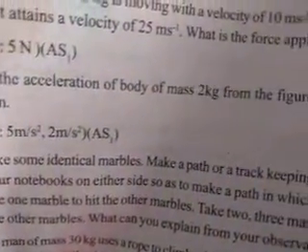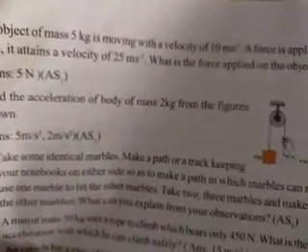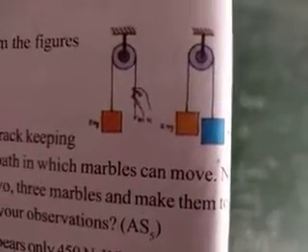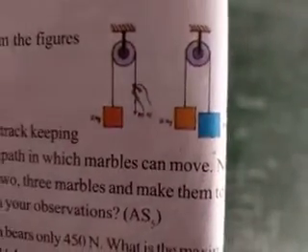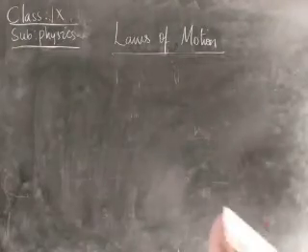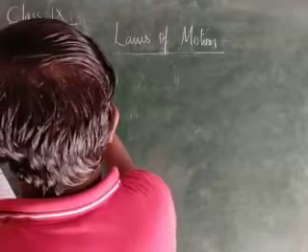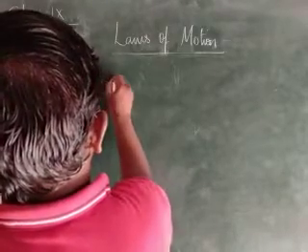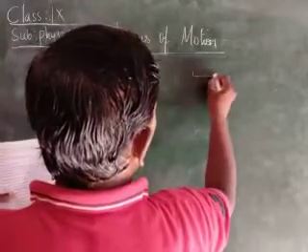Here the mass is given, children. Find the acceleration of the body of 2 kg from the figures shown. Here we are having the figures, children. Okay, 2 kg, and here the masses are also given, children. Okay, children, in this 10th problem, he is asking to find the acceleration, and the mass is given as 2 kg, children. And here an Atwood machine is given.